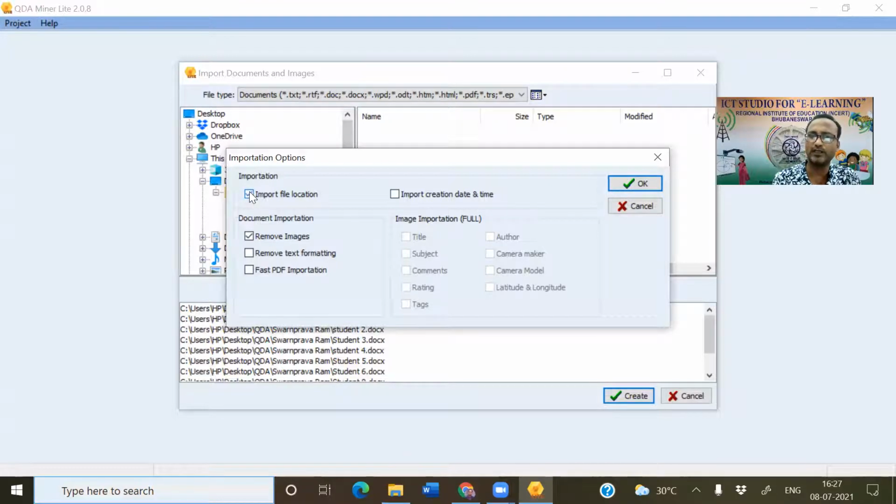I don't want it, so leave it. Import creation date: suppose when you are getting the data, or transcribing the data, or when you conducted the interview, if you want to keep the location or the date, you can click here. I don't require all the information now. So say okay.